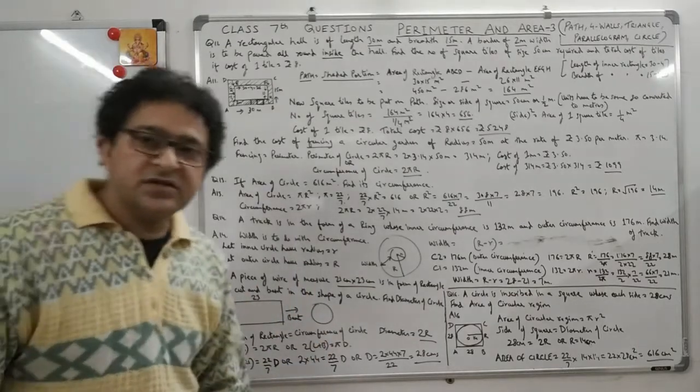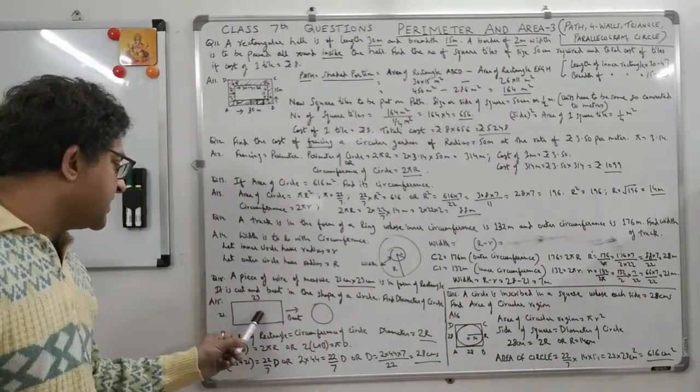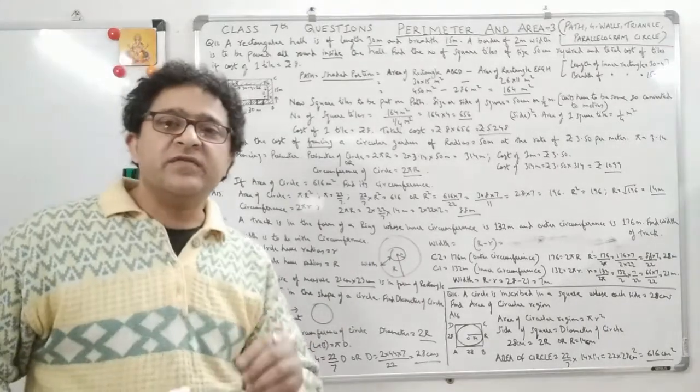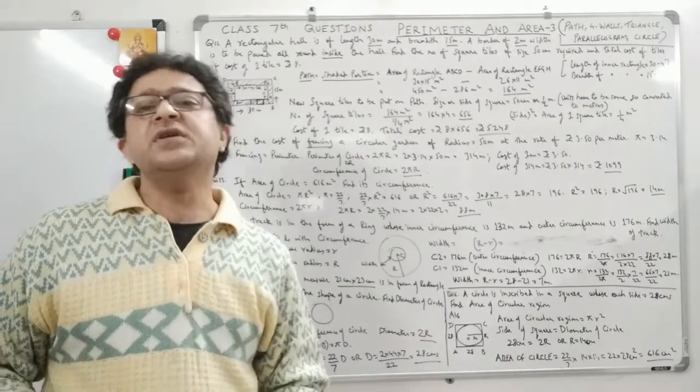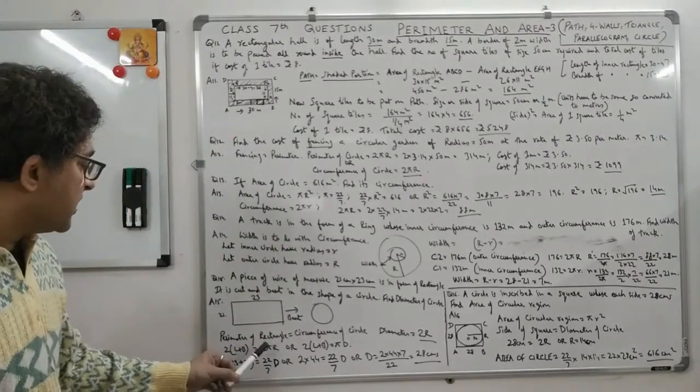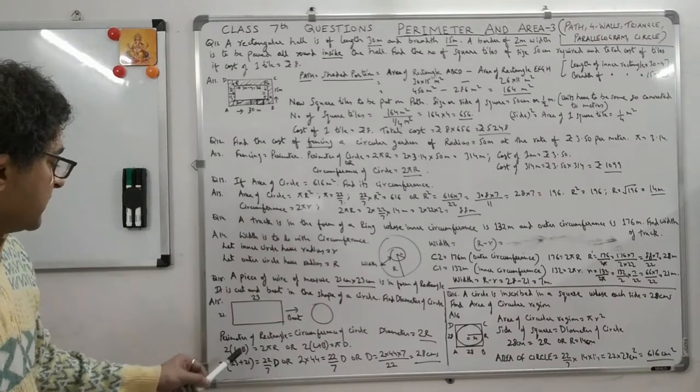This is the meaning of this. Which means the perimeter of the rectangle is equal to the circumference of the circle, because I told you that when you rebend or bend it, it is always on the circumference, right? So twice (length plus breadth) is equal to 2 pi r. Right, now we replace the values.